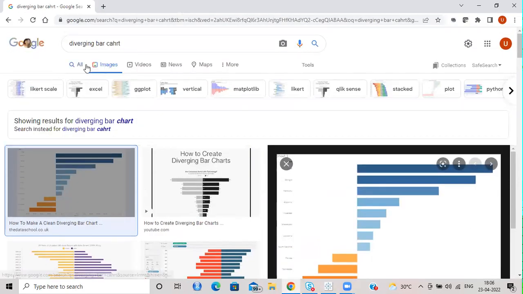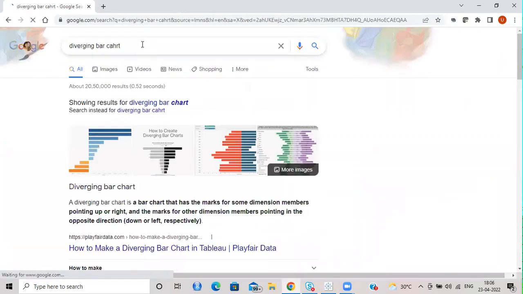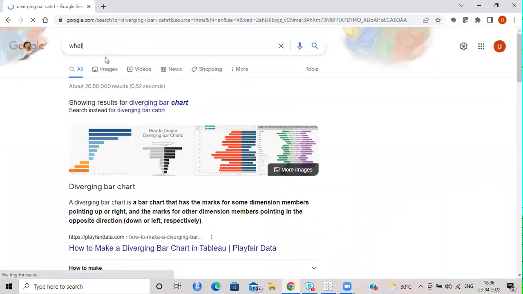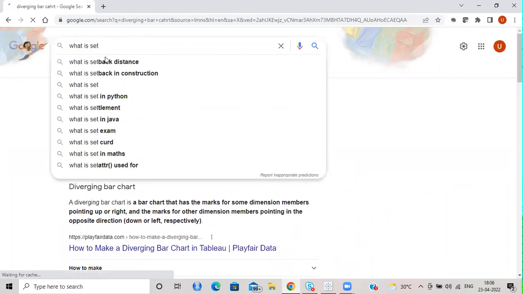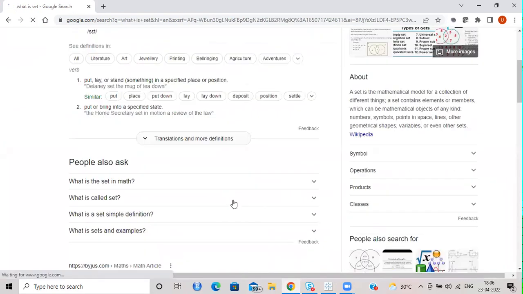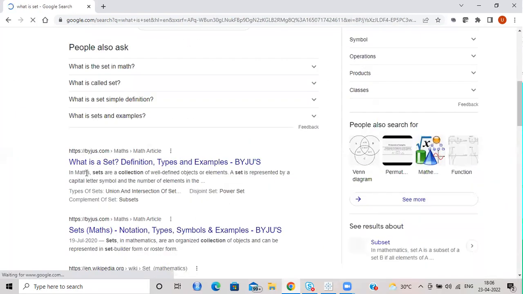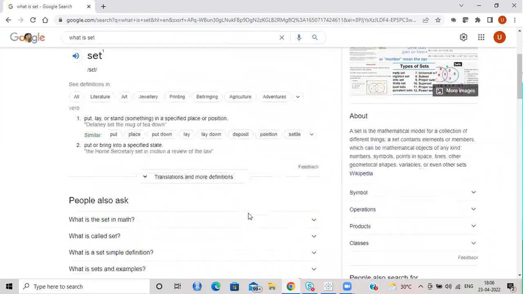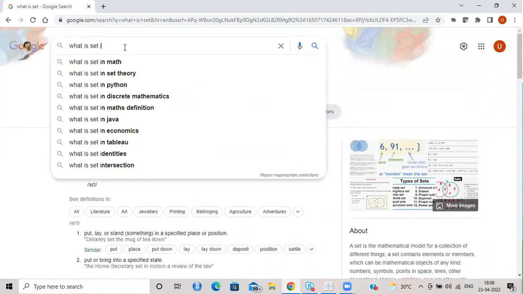So we were discussing what a set is. If you just go to Google and type what is set, a lot of definitions will come up, right? In math, sets are a collection of well-defined objects. It's a collection of objects, represented by capital letters, something like that. But the moment I say Tableau,